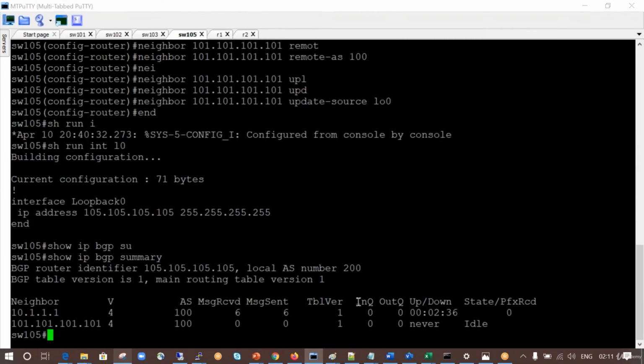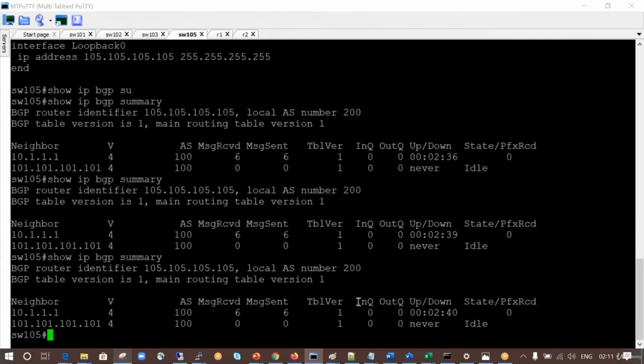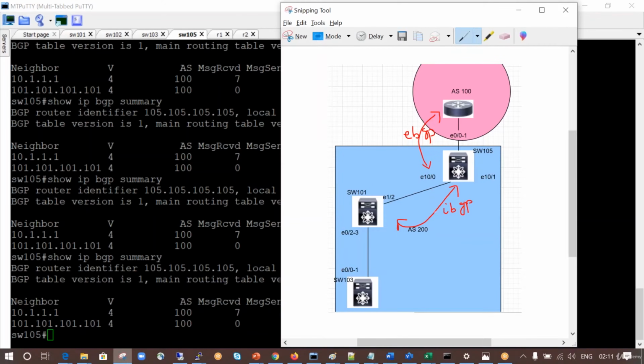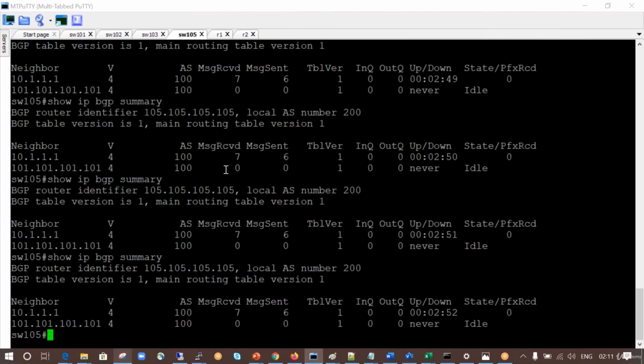Now if you go to 105, you will get one message. Show IP BGP summary, that you have two neighbors, and both are up and running. So one is up and running that you can see here. You have 0 prefixes, the session is up and running. Now if everything is okay and correct, 101 and 105 should form the BGP session,